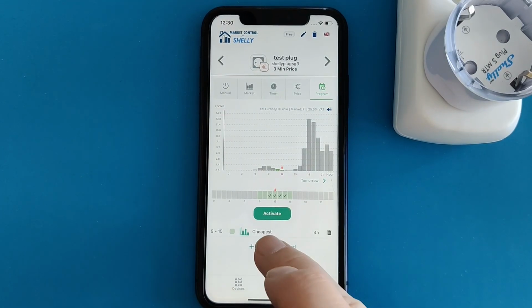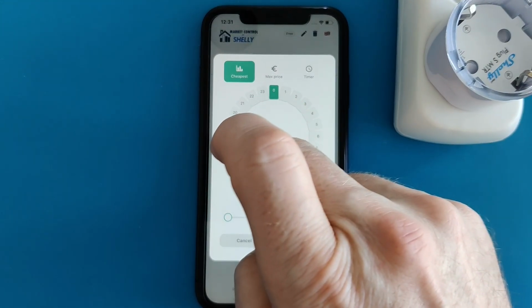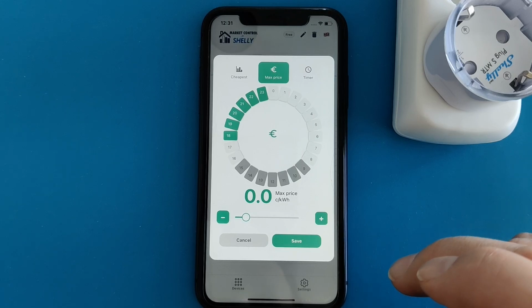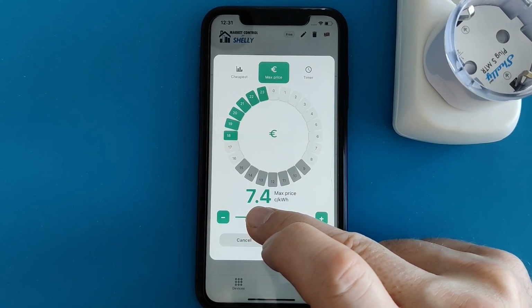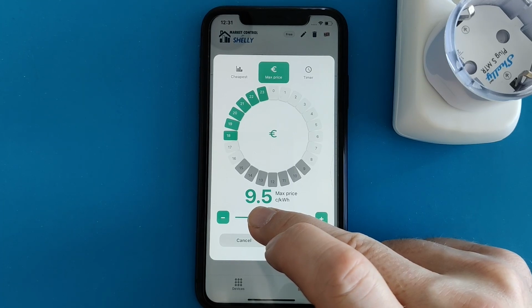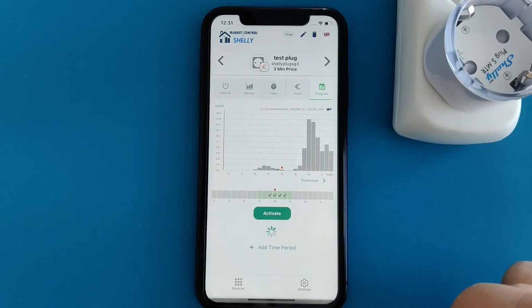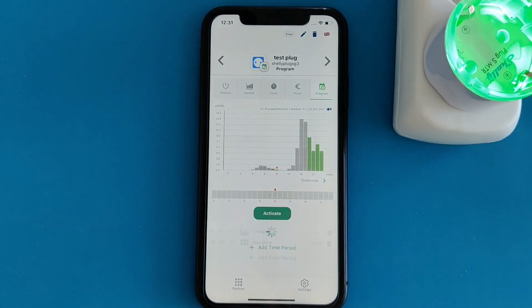And for instance, if I want then in the evening to be running from 6 p.m. till midnight, run only if it's below 10 cents. And we save it and then activate this.